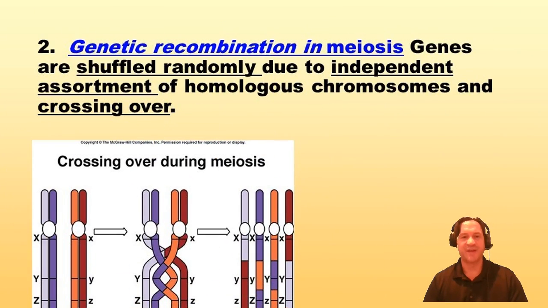Now, another source of genetic variation or diversity within organisms or populations is what happens during the sexual reproduction process of meiosis, and that is genetic recombination. Now, if you remember back in cell reproduction, genes are shuffled randomly due to independent assortment of homologous chromosomes and also due to crossing over. So you can see in the image on the left, you have the homologous chromosomes of a parent organism undergoing meiosis,